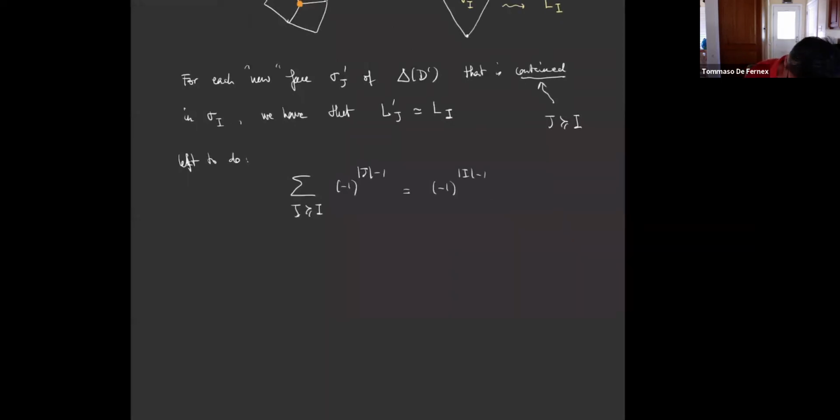So the second case is when Z is actually different from any stratum of D. So what happened here is that because I don't blow up a stratum, I don't eliminate any face of